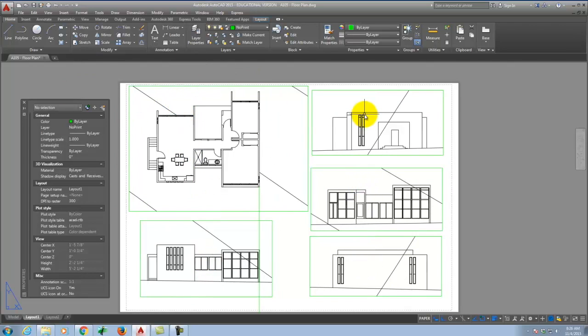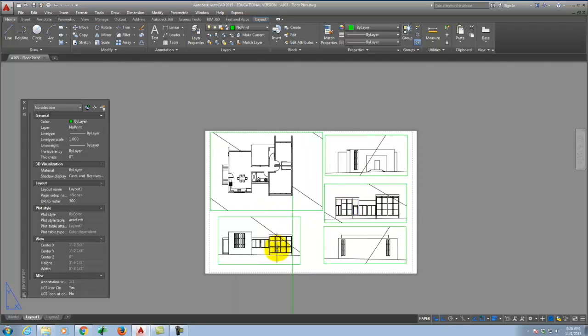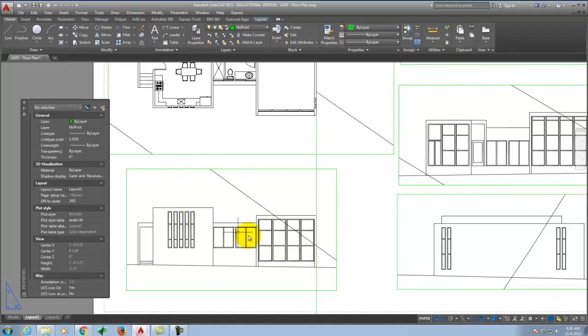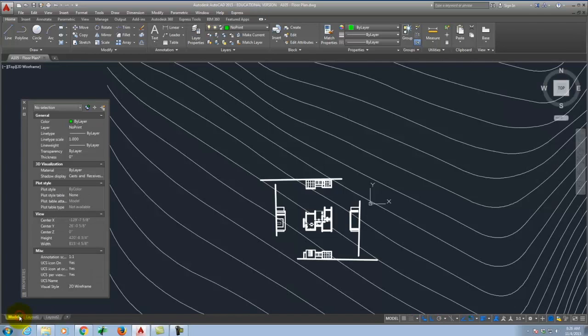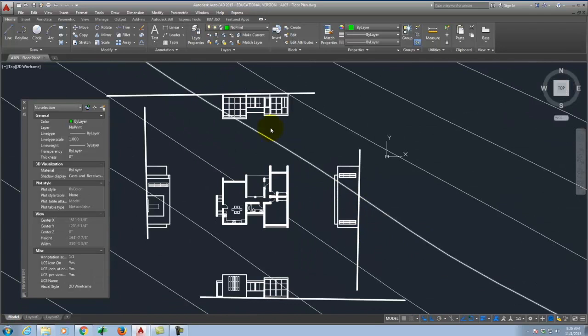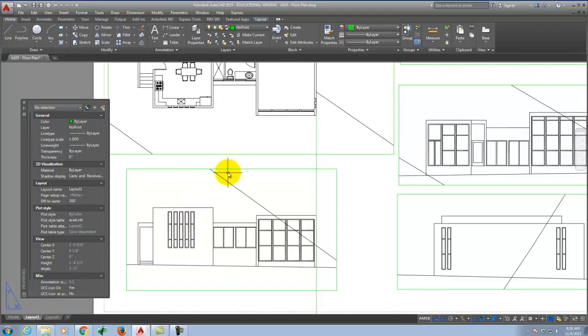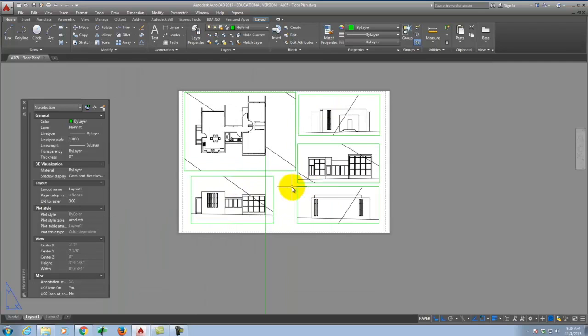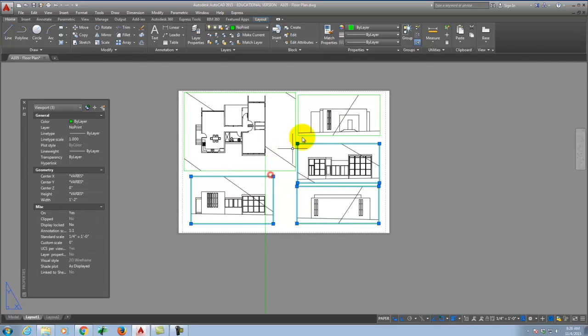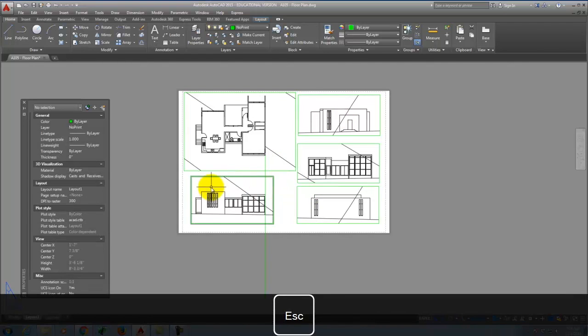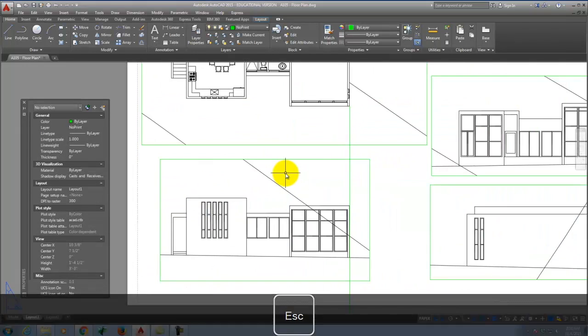4 elevation views. Okay? But you notice that in these views, like in this view here, I have a piece of topography line that slices through my building because in model space, right, the topo lines go right on through. Okay? It doesn't look very good in my layout view to have that topo line. So what I can do in each of these views, and before I do this, I should actually lock these views. All right, so let me take all 4 of those, and I'll change the display to be locked, is